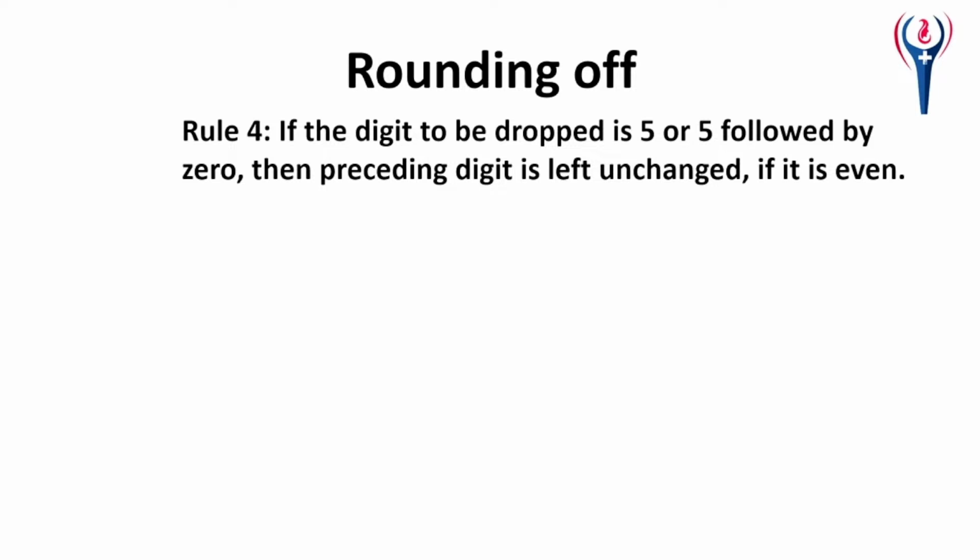Rounding off. Rule 4. If the digit to be dropped is 5 or 5 followed by 0, then the preceding digit is left unchanged if it is even. Example, 5.250 rounding off to 5.2. That is 5 or 5 followed by 0. This 5 is followed by 0, so no increasing the number. Just keep as 5.2. Previously we discussed that if greater than 5, you can round it off by adding one number. Less than 5, no need to add. If it is 5, then